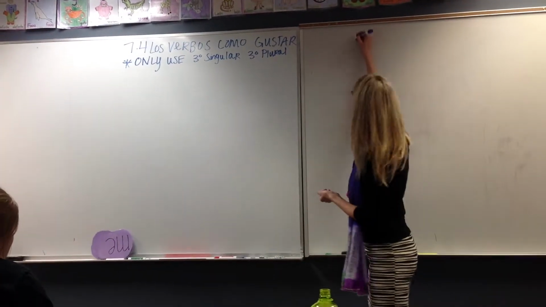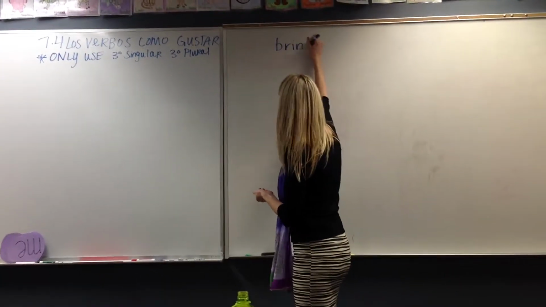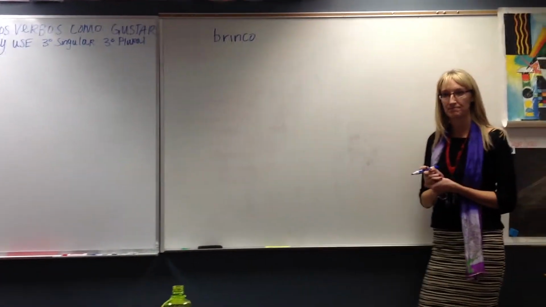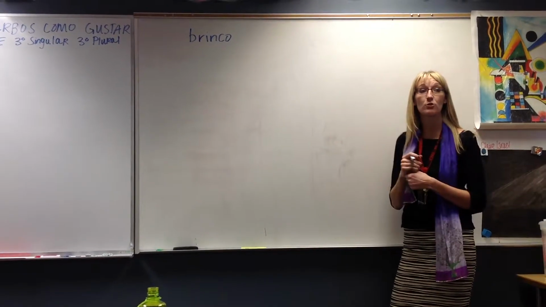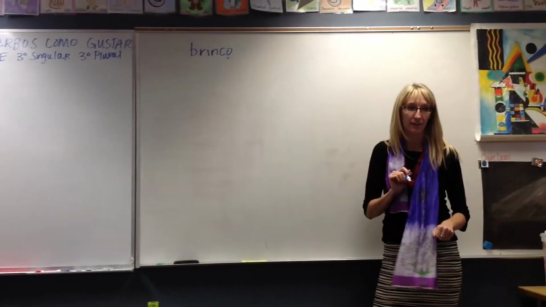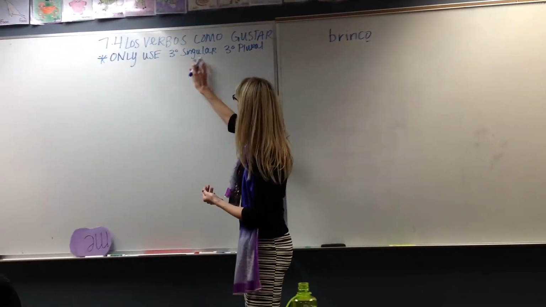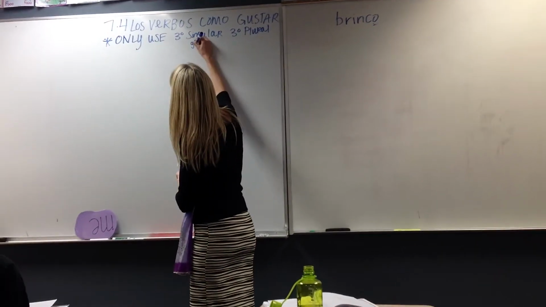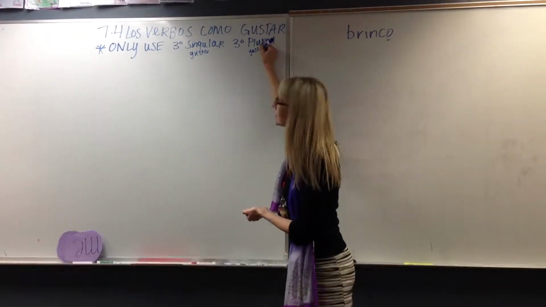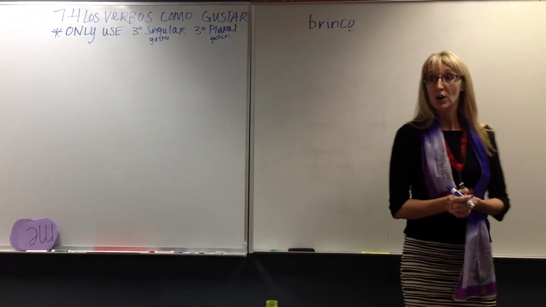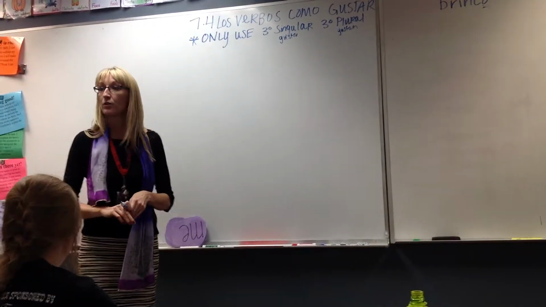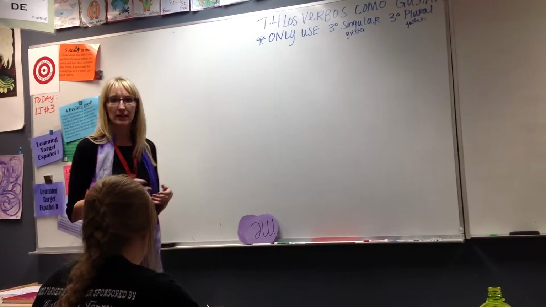Okay? And if we think about this, if I write a normal verb on the board, brinco, even though you don't know the meaning of this verb, what could you tell me about it? That it's in the yo form. It's in the yo form, so who are we talking about? Me. I. No matter what, you know that I did something here. If you're telling me that I can only use third person singular, which is gusta, and third person plural, gustan, how do I know who's doing the action? You don't. Not without. Gustan los deberes. Loves homework. Who loves homework? Do you know? No. So what do you need to tell you who likes it?